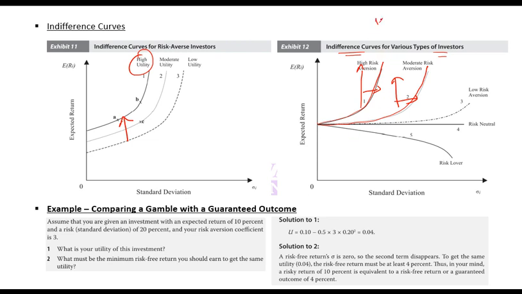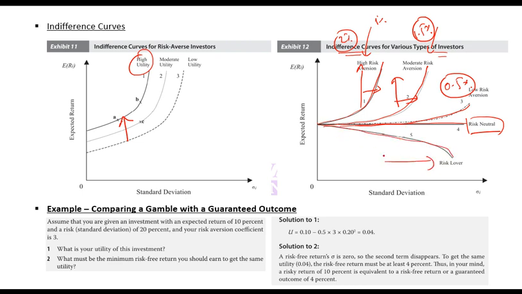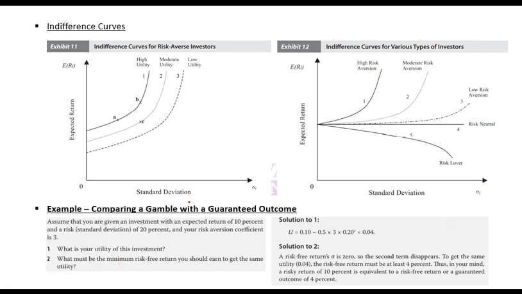So let's say if you are taking 1% risk, this investor may demand 2% extra return. And if you are taking 1% risk again, this investor may demand 1.5% return. And the lower one would demand maybe, let's say, 0.5% return. Risk neutral is the one who wouldn't care about the risk. He would just care about the return. And a risk lover would be the one who would take higher risk even if return is lower, because all he cares about is risk and not the return. Any confusion so far? So remember these diagrams as well.